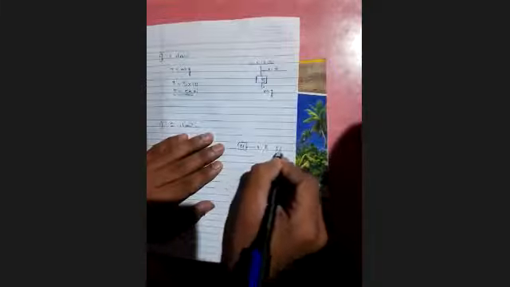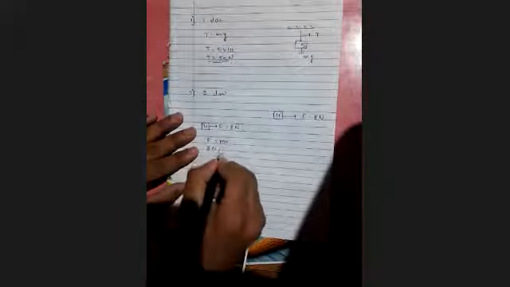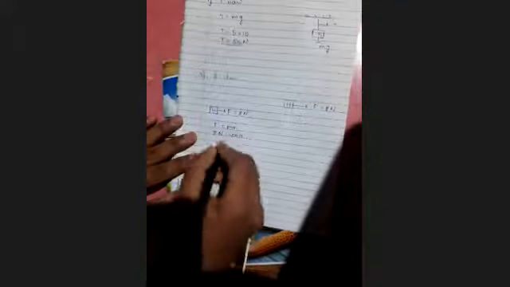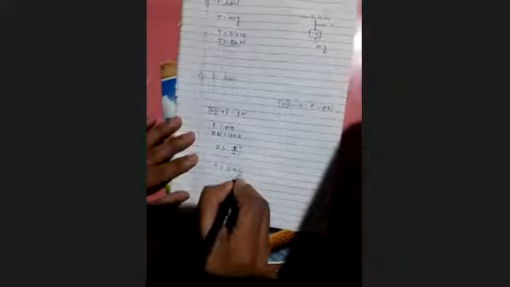And now the second law, which is denoted as acceleration. We have a 4 kg block, and the force is 8 N. To find acceleration, we have F = ma. Now we put in the values: F we have 8 N, m we have 4, and we want to find acceleration. So 8 by 4, we get 2. So our acceleration will be 2 meters per second squared.